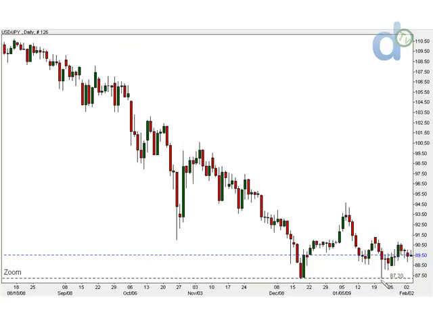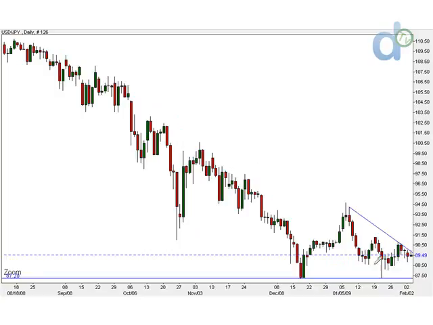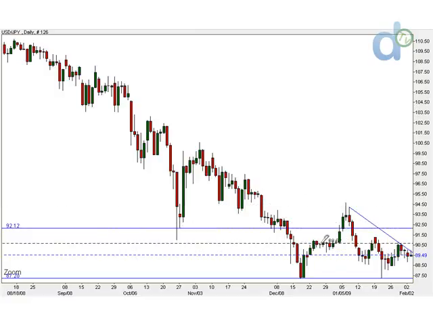We've formed this type of double bottom. We just can't seem to head higher. We are looking at this trend line now that is roughly around here. Looks interesting. I do expect us to continue to consolidate, because if we look at the stock markets, there too we're consolidating. We're not really going anywhere. So, you know, we're looking at this area around here.